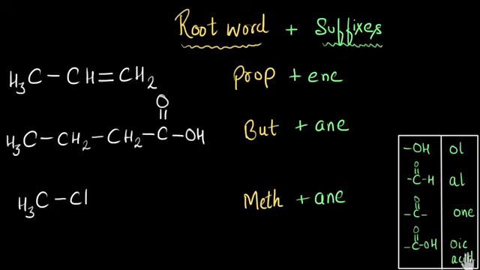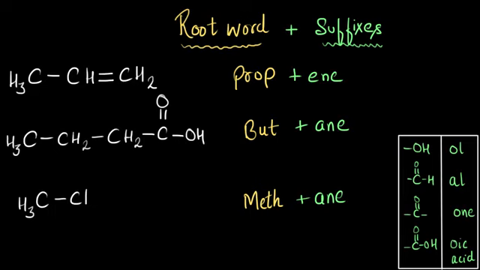Now with this information, I would like you to pause the video and try to figure out which of these examples have a functional group such as these. Now one hint is that all of these functional groups have an oxygen atom in it. Now if you have tried it, let's see. See the first example, this does not have any oxygen atom. So that means none of these functional groups will be present over here, okay? The second one, here I see that there are two oxygen atoms. So definitely one of these functional groups are present.